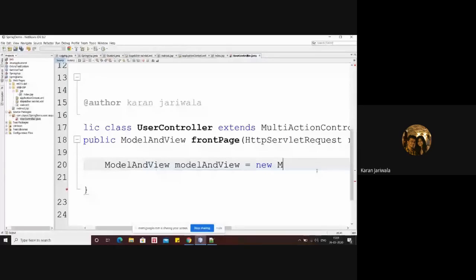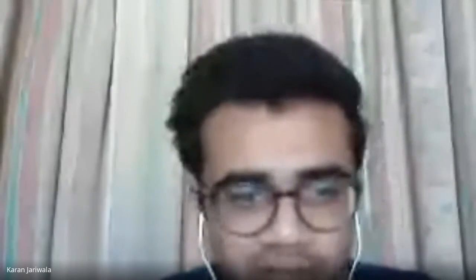I'll save my file. Okay, and this is giving me an error because I have not provided a return value. I have provided a return type of ModelAndView, and I have not returned anything from the particular method, right? So ModelAndView equals new ModelAndView, and I will return modelAndView. We are creating an object of ModelAndView, and over here we can provide the particular view, that is the view of the front end.